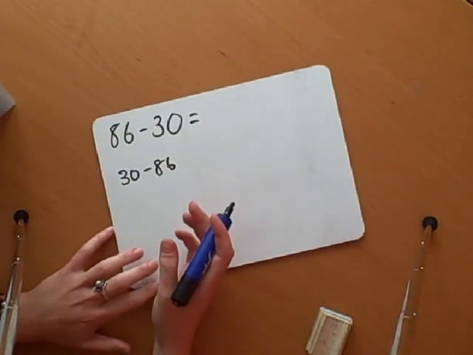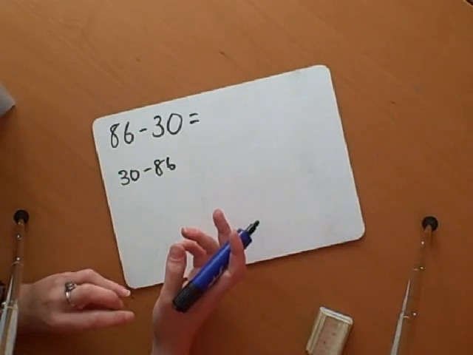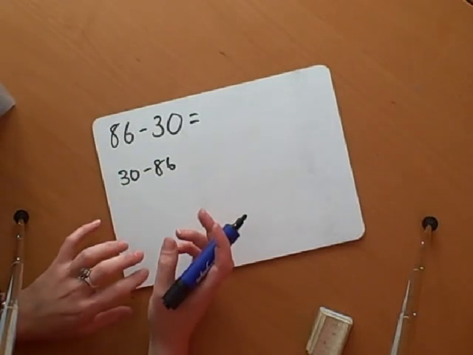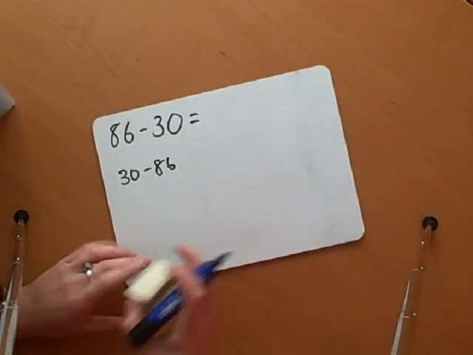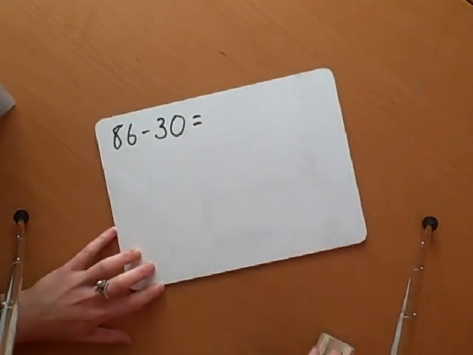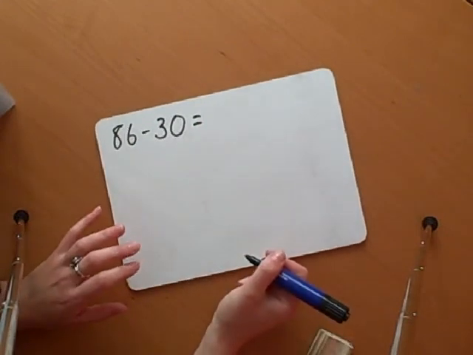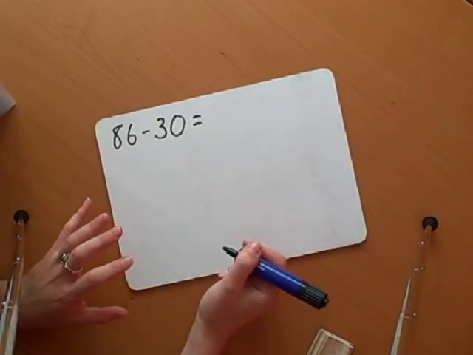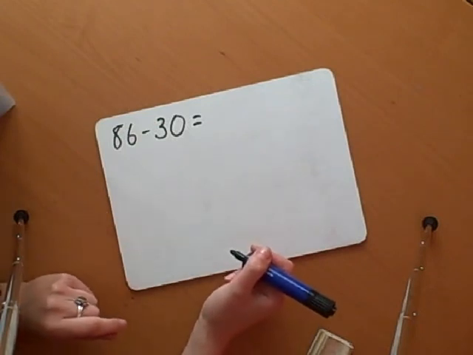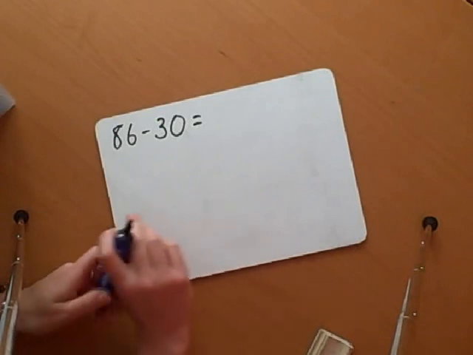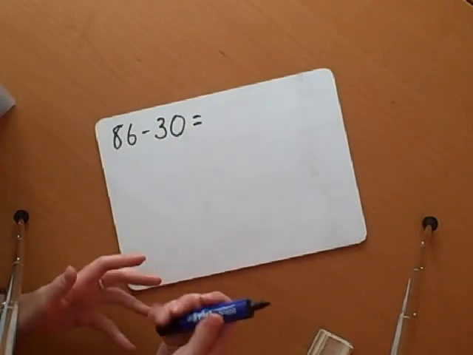Well, it is possible, but you would go into negative numbers, which you don't really need to go into with the children at this point. But they need to understand what they're doing. If they're not sure, then always go back to concrete materials. Get counters or matchsticks or anything that you've got to hand to show them taking away something,